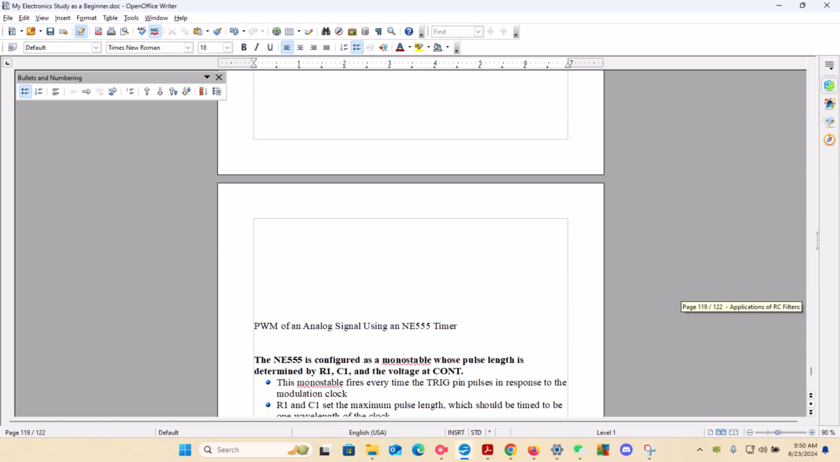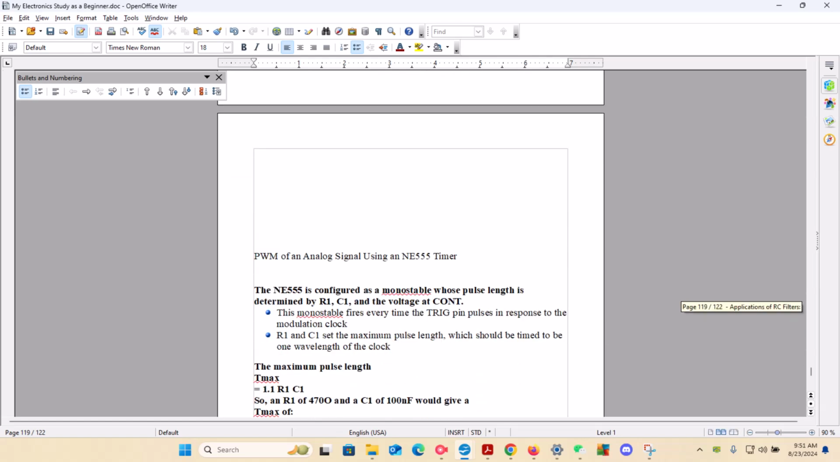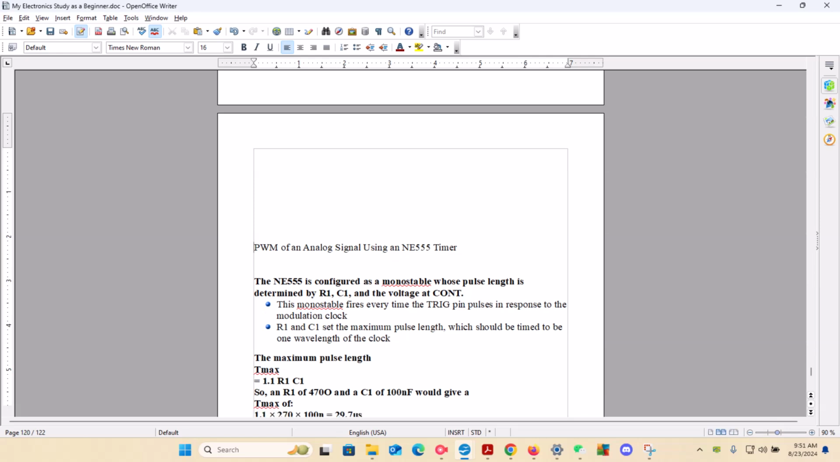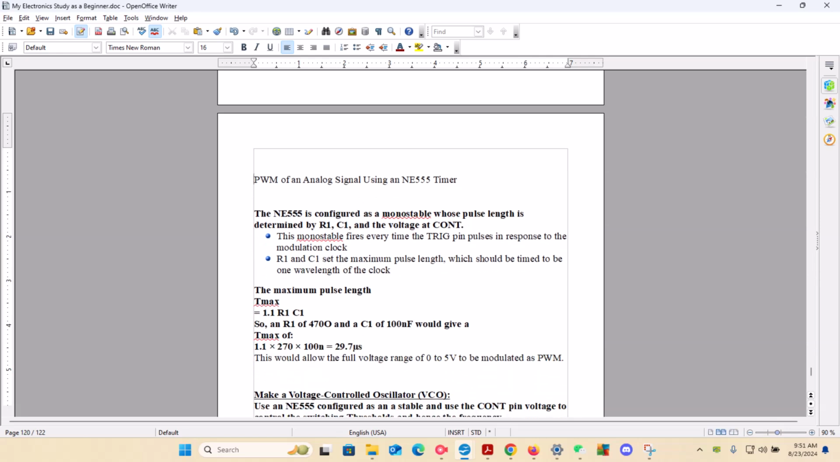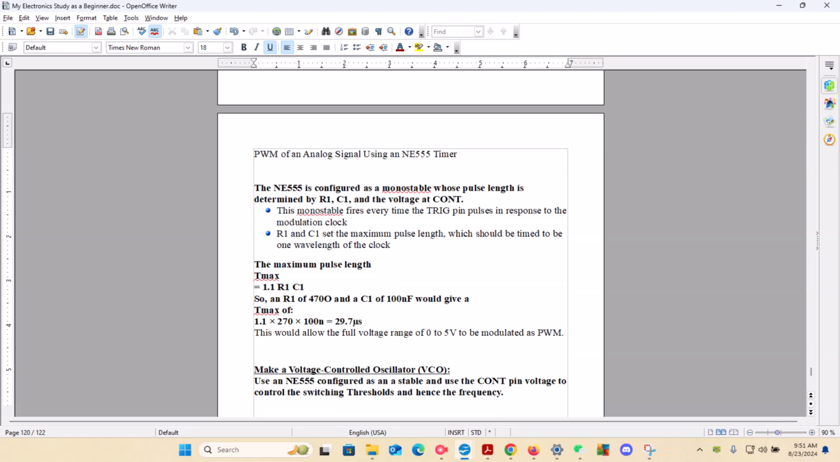And keep in mind that the PWM of an analog signal is using that NE555 timer. I know we're going into detail, but I'm going to talk a little bit more. The NE555 is configured as a monostable whose pulse length is determined by resistor 1 and capacitor 1. Remember this is resistor 1 times capacitor 1,